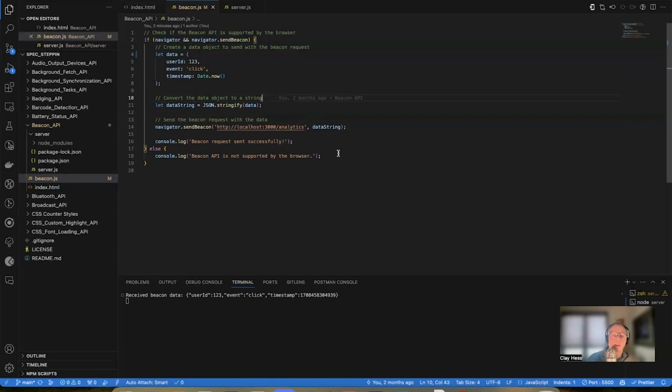But this is definitely great for sending one-way type data from your application back to a